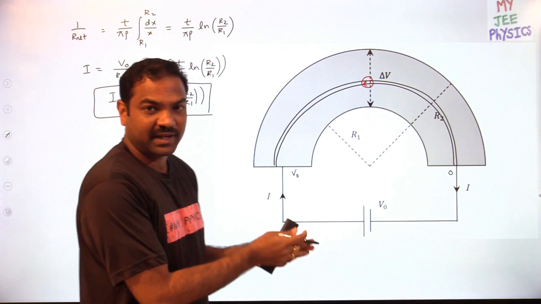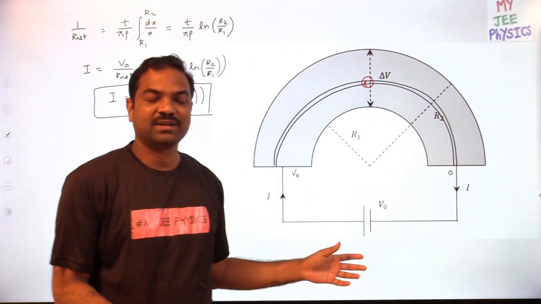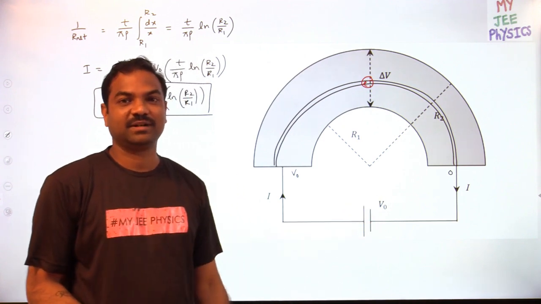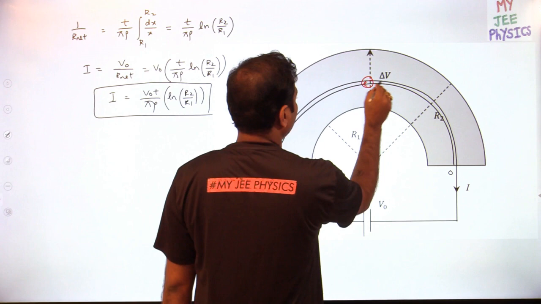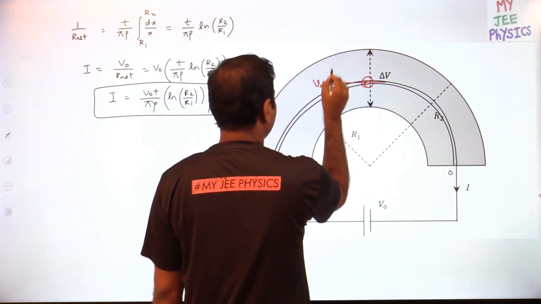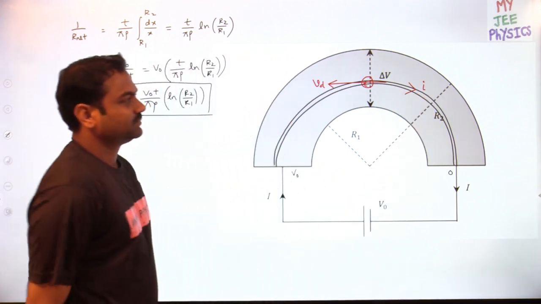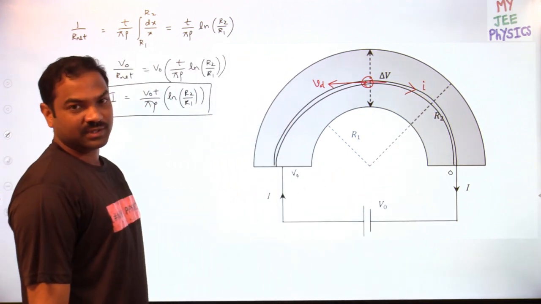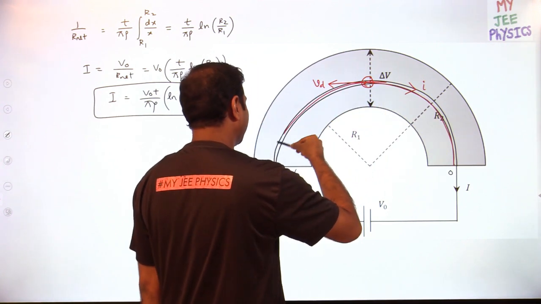this is why I like this question, because it made us think very deeply about how the current flows. If I take any electron, that electron will have the drift velocity opposite to the current. Actually the current is from positive to negative, the current direction is this, so I am taking drift velocity opposite to that. That means electrons are moving in what path? Circular path.